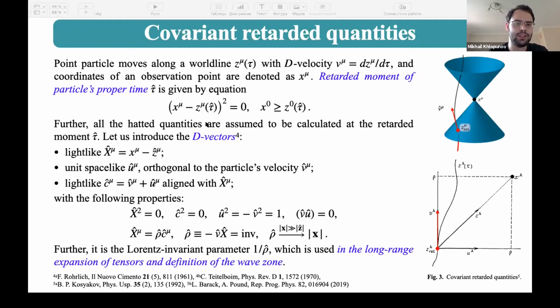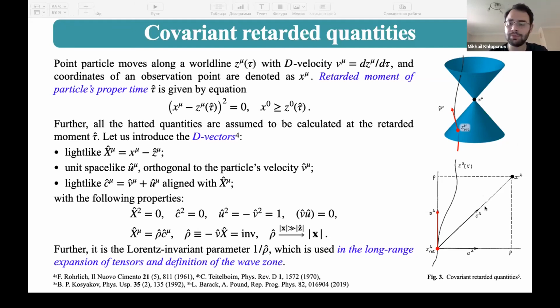Then we can introduce the following d vectors. The first one is the light-like vector, x capital, which is directed from the retarded point of the world line to the observation point. The second one is the unit space-like vector u, orthogonal to the particle's world line. And the third one is the light-like vector c, which is aligned with the